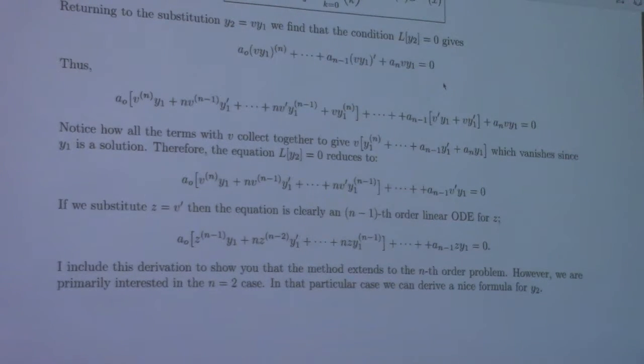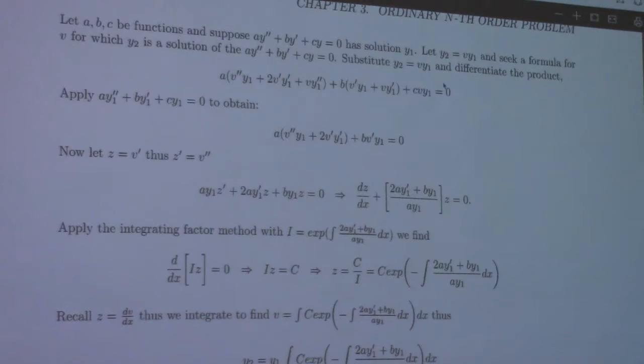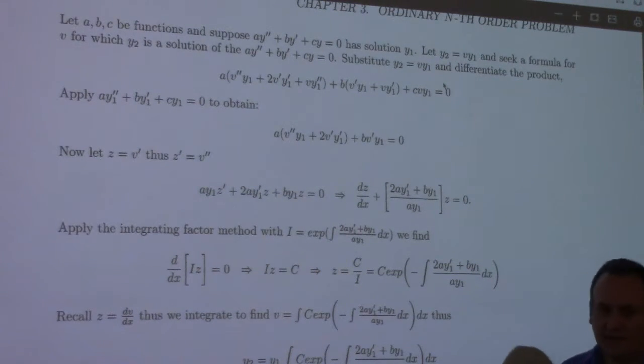Basically you can remove the zeroth-order term by calling the derivative a new variable, and you end up with a problem of order n minus 1. Now, let me be more specific. So if you do this for the second order problem,